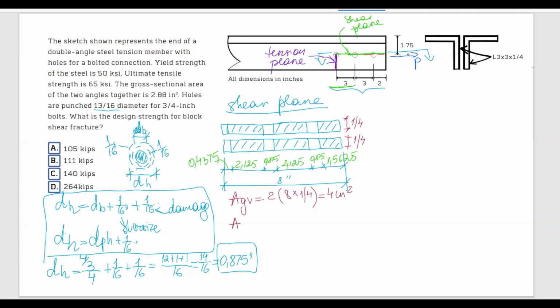We can also calculate the net area in shear. And the net area in shear, I will do it as gross area in shear minus the hole area in shear. Let's calculate the area of the holes. And this is going to be equal to, we have 0.875. Let's add all of this together, the length of that. We're going to have 0.875. We have 2 of these, plus